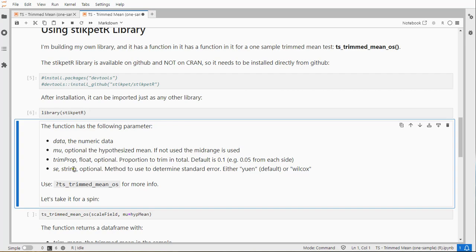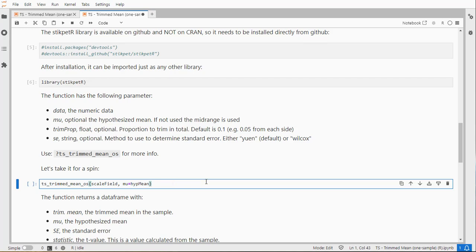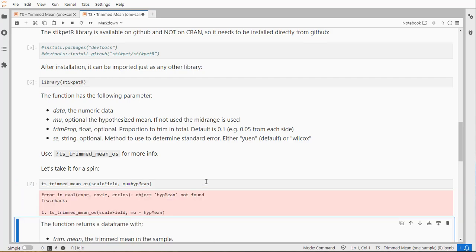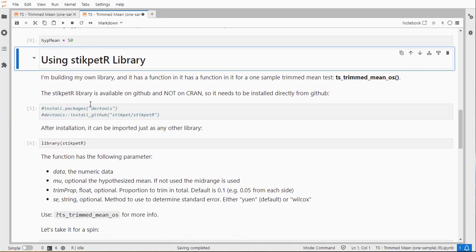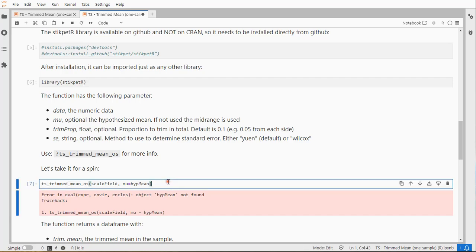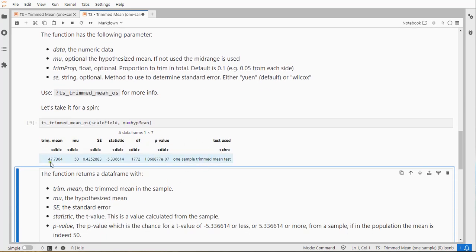Then, because there are two variations, there is an SE, standard error, parameter, which you can either set to UN, which is the default, or Wilcox. Now we can simply plug those in, and without much further ado, it should give me... I didn't give the hypothesized mean. Let's actually run that one, and hopefully now this error disappears,